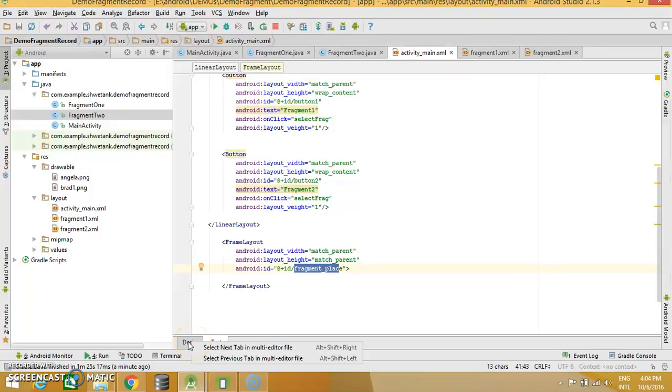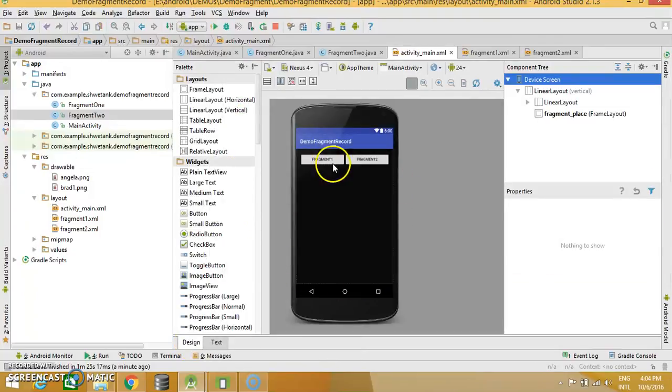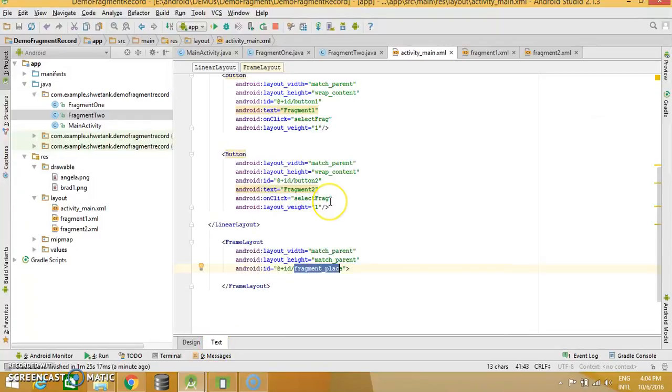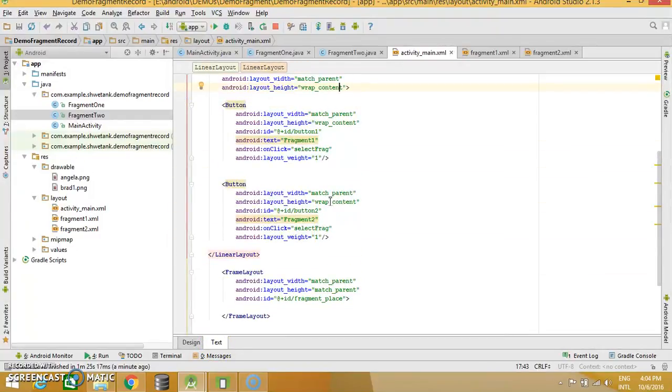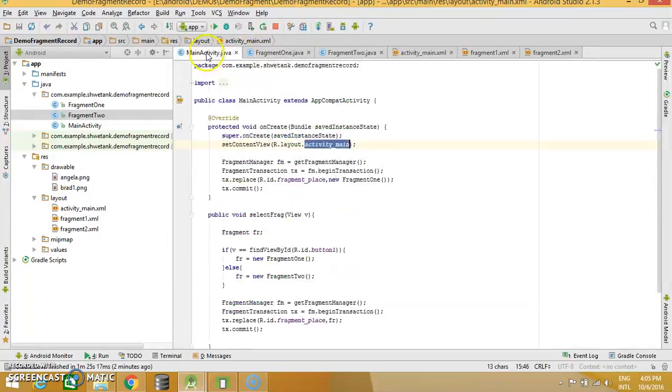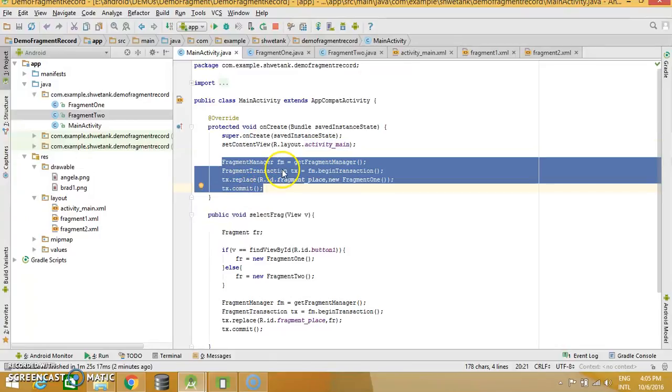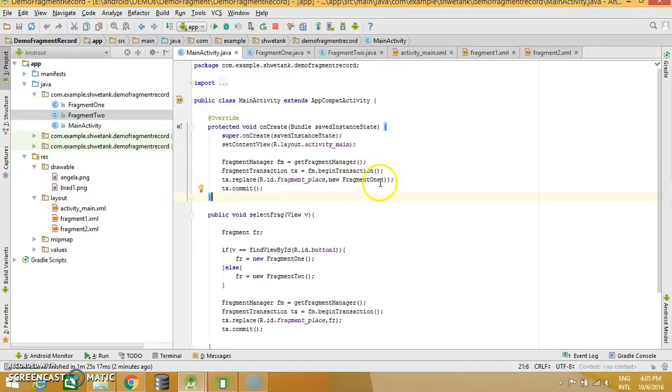This is the activity which you get to see whenever the app launches. If you see here, there were two buttons in a linear layout which was horizontal, and then there was a frame layout here, right? I named it fragment place, and this frame layout gets to receive any fragment for which the button has been clicked. As the activity gets launched, these statements get executed, wherein while launching it only, I am replacing the fragment place with Fragment 1. Fragment 1 is for Angelina Jolie, right?